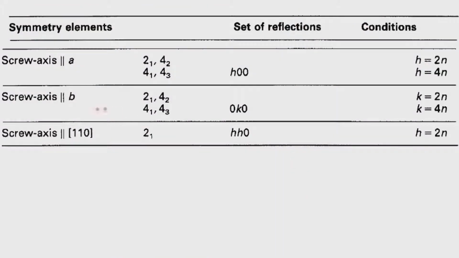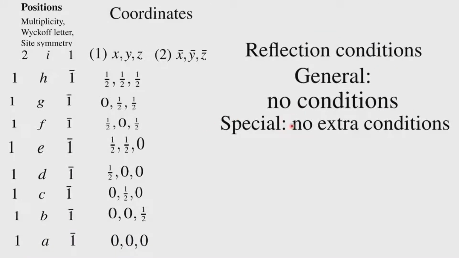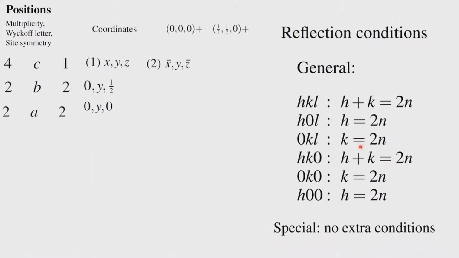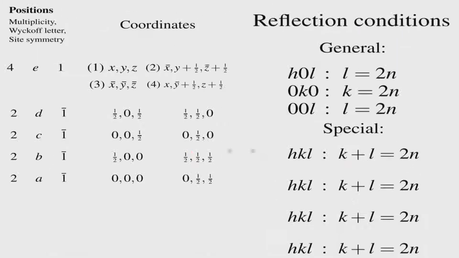Similarly, in case we have screw axis symmetry, we see these conditions coming up. And then we have analyzed this with respect to individual space groups: the conditions which come up as general reflections take precedence over the conditions which come from special reflections. In this particular example of C2, there is no such worry, but when we go to something like P2 1/c, you see as though this is a glide plane additional to the existing glide plane.